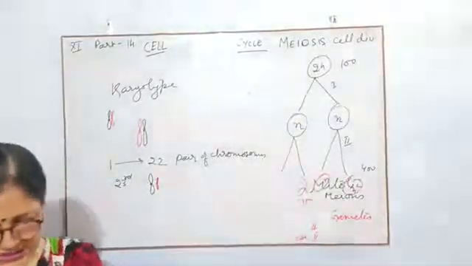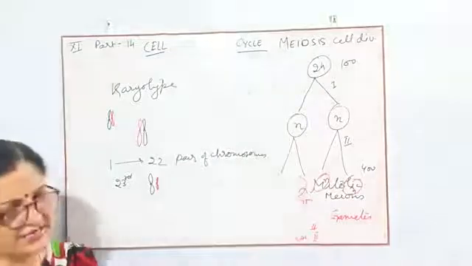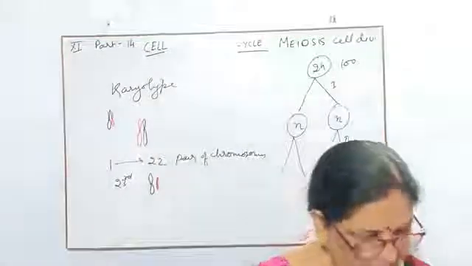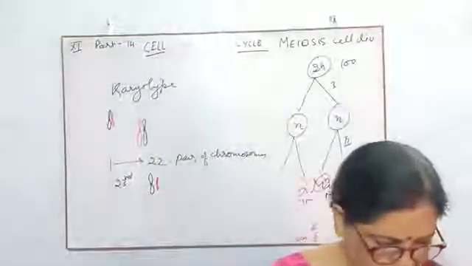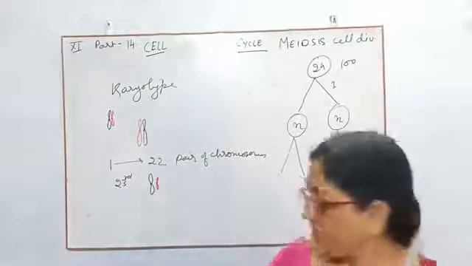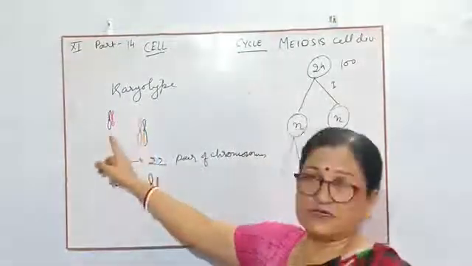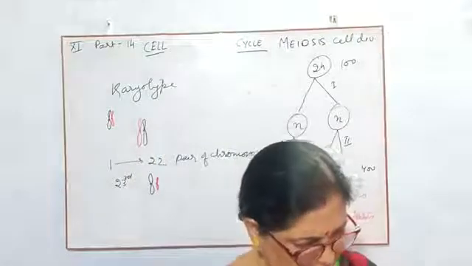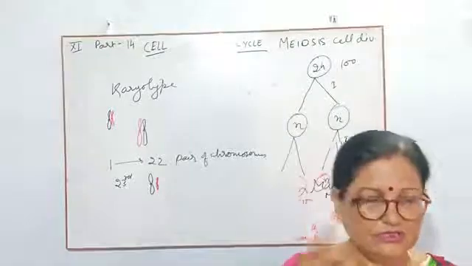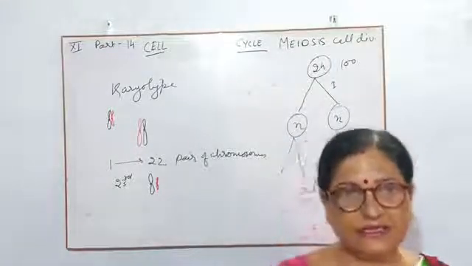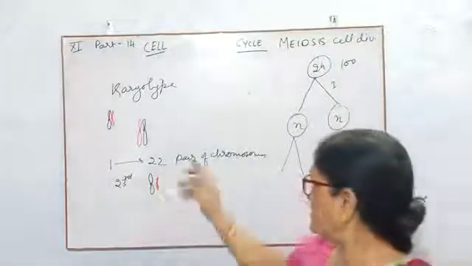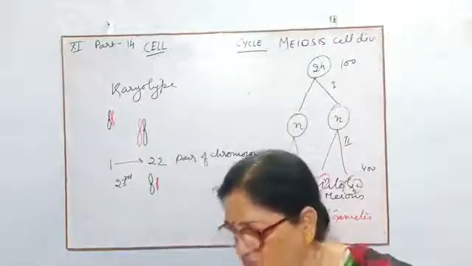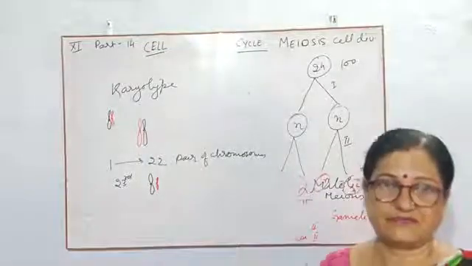This is known as karyotype analysis, and when this karyotype is drawn on paper, it is known as a graph, or also called an ideogram. In that case, all the arms of the chromosomes have a main role in synapsis, and according to the centromere, they get synapsed and form the karyotype. So 1 to 22 pairs of chromosomes remain the same either in male or in female, only the 23rd pair of chromosomes is different.